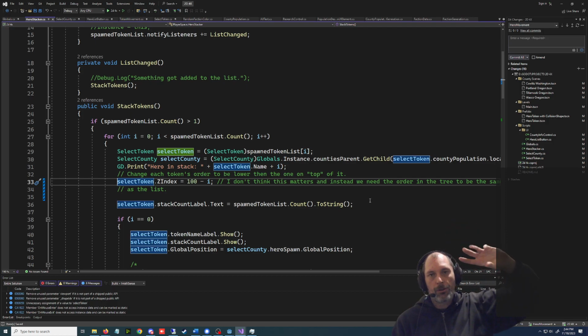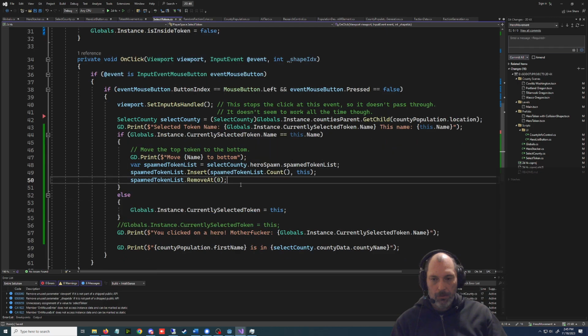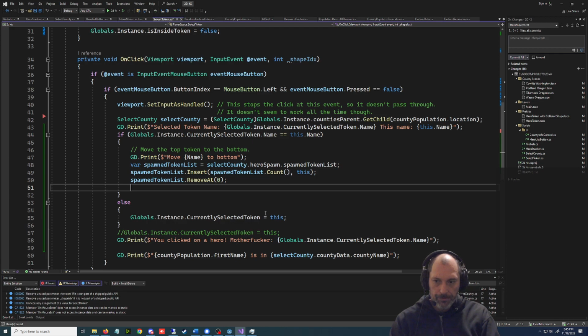Because if you have like 3 or 4 of them in the back and you move away, it needs to stack back there. So you select the token. If the name equals, we need to null out the currently selected,